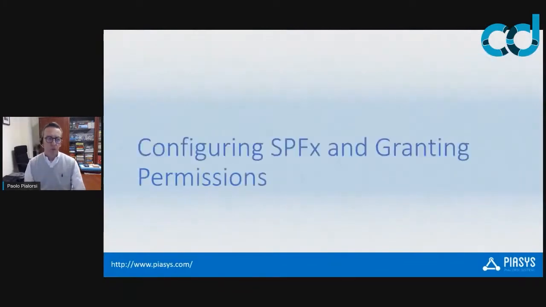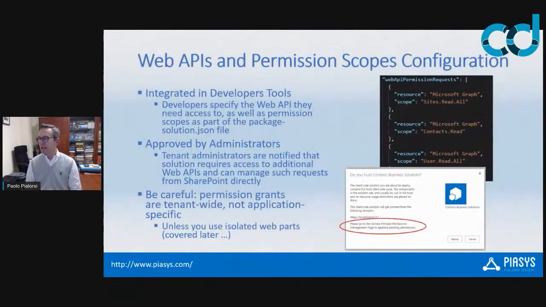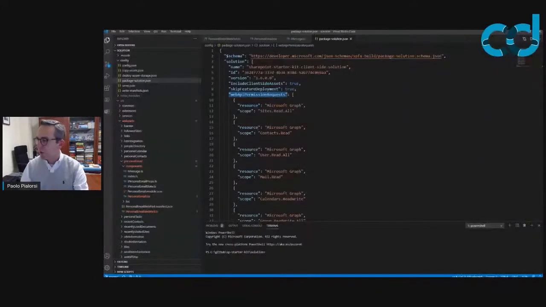That said, we already saw that whenever we want to consume an API, we need to declare in the package-solution.json file the web API permission request. When you do that, you simply declare what the requirements are for your solution. You don't provide those specific permissions to the application principal in any of the target tenants. But what will happen under the cover will be that if you build your solution,